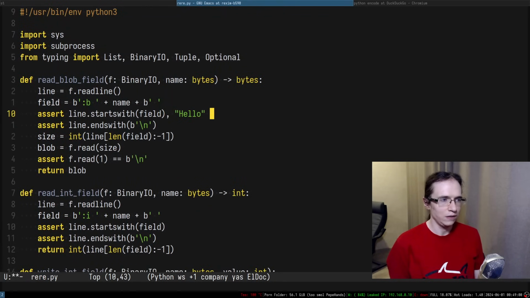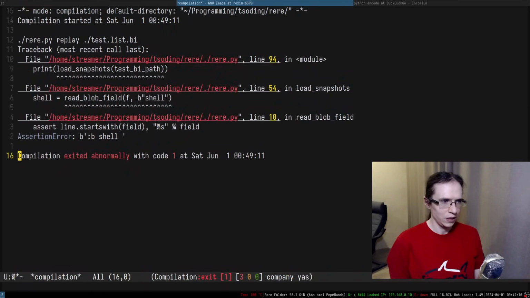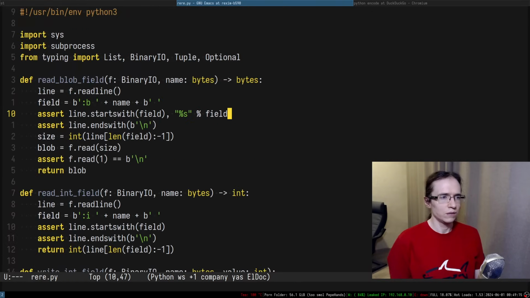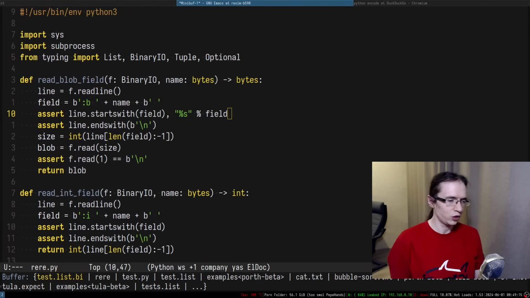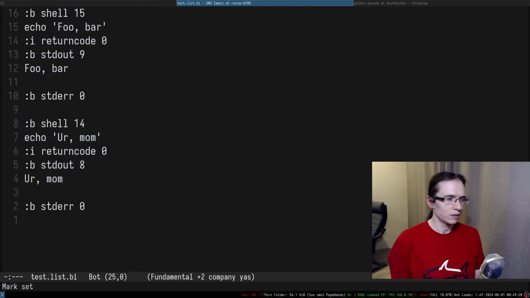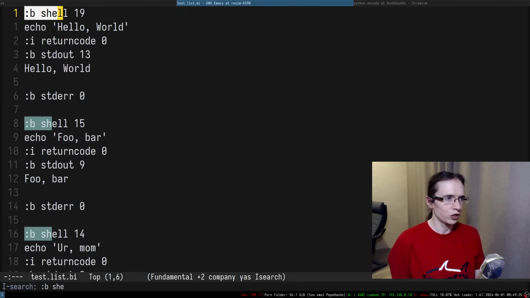Can I now say, for example, the name of the field, and the name of the field is going to be just like field? Can I do something like that? The field is a shell, right? Something with the shell didn't work well. But which one? So if I take a look at the shell,